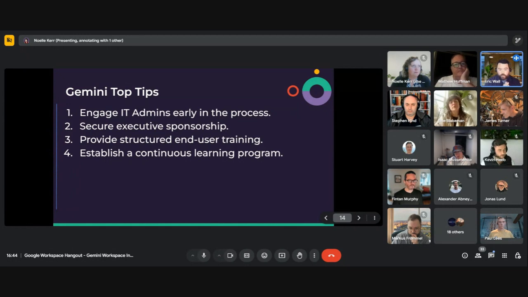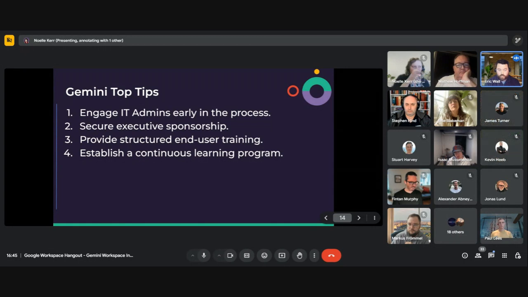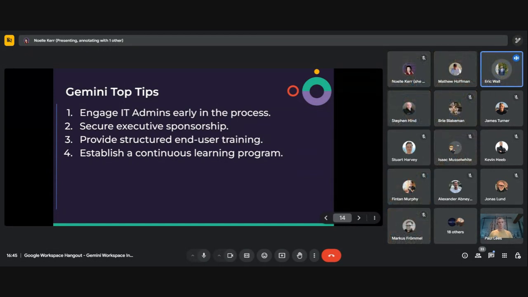The next part is a continuous learning program. The reason for this is Gemini is like no product we've ever seen from Google in terms of the pace of release. We're seeing releases probably every 2 or 3 weeks at this stage, and it's about keeping on top of these. If I used something like Take Notes for Me 6 months ago, it's not the same product now.